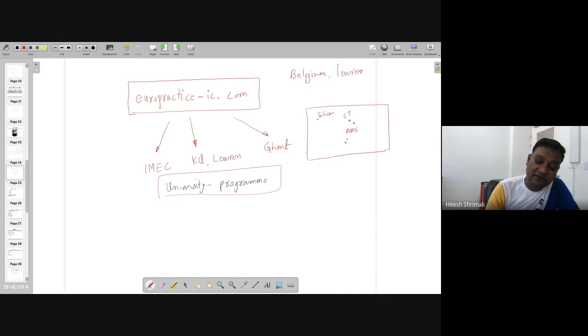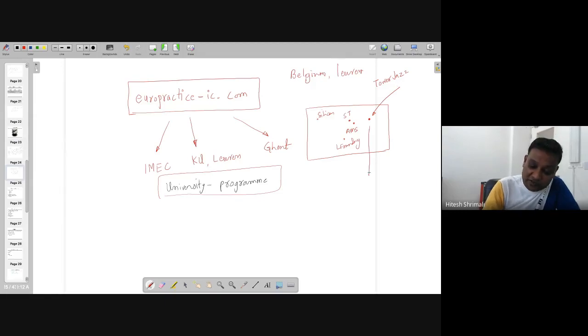Then maybe another is L Foundry. Then in Israel, I'm emphasizing on this Israel because there is something there. Israel has Tower ZES. Actually, earlier it was just Tower, and ZES was in Brazil. Now it has been taken over by Tower, and now it's known as Tower ZES Semiconductor.